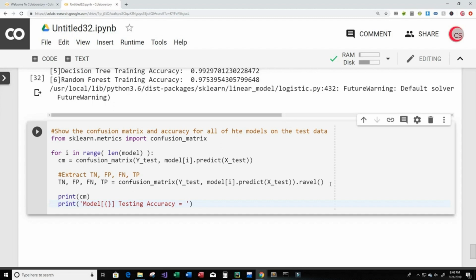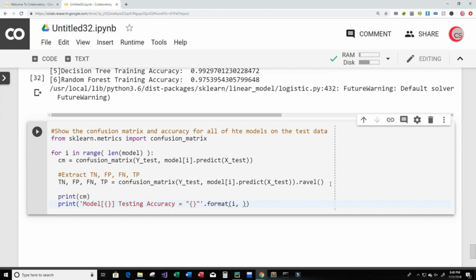Yeah, so let me see, the model at position I, testing accuracy, is going to equal this, okay. And then we want the format, so dot format position I, right? So that gives us the model at position I,